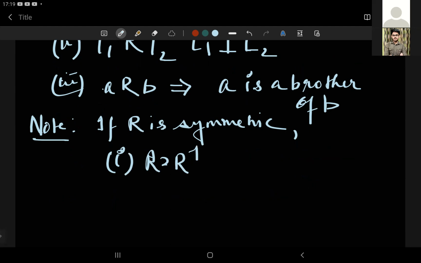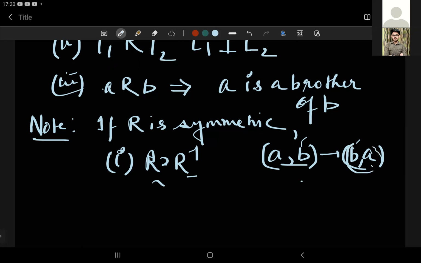क्यों? क्योंकि मान लो (A, B) अगर एलिमेंट ऑलरेडी है, इसका मतलब क्या? (B, A) भी ऑलरेडी मेरे सेट में है, राइट? तो अगर (A, B) मेरे सेट में है, (B, A) भी मेरे सेट में है, तो ऑब्वियसली R इक्वल टू R इनवर्स. क्यों? क्योंकि अगर (A, B) मेरे R में होता, तो (B, A) मेरे R इनवर्स में होता, राइट? और अगर (B, A) R में है, तो ऑब्वियसली (A, B) भी मेरे R इनवर्स में होगा. तो R इनवर्स में (A, B) भी आ गया, (B, A) भी आ गया. Hence R is equal to R inverse.